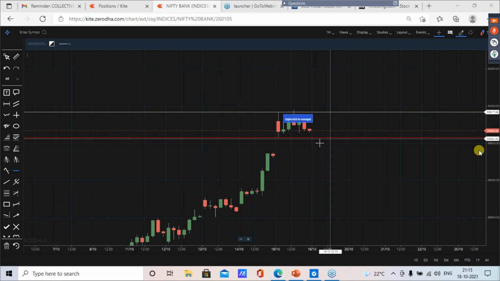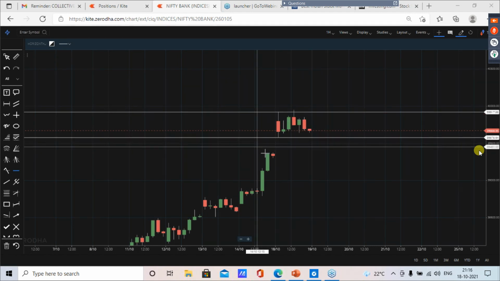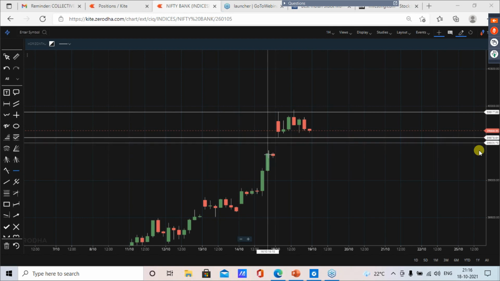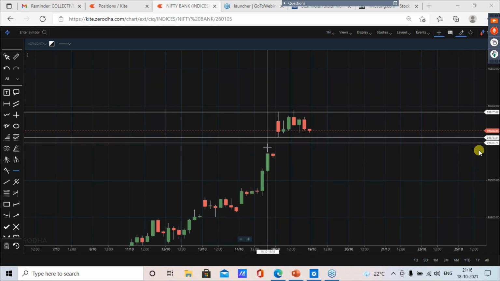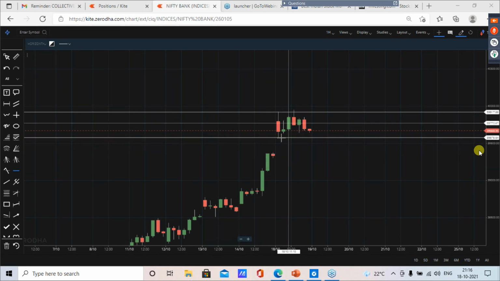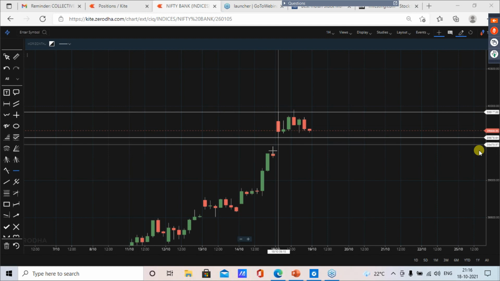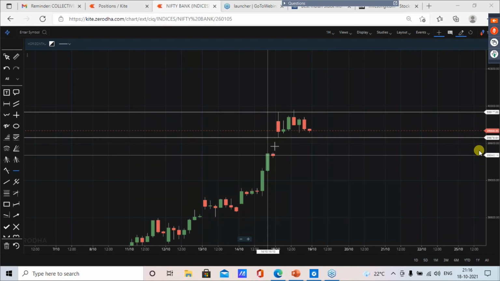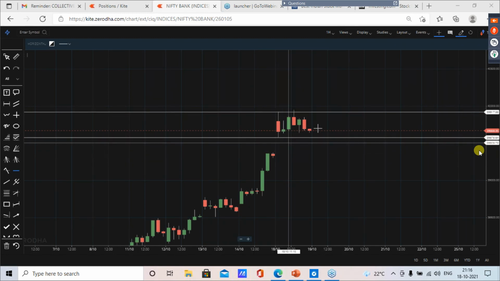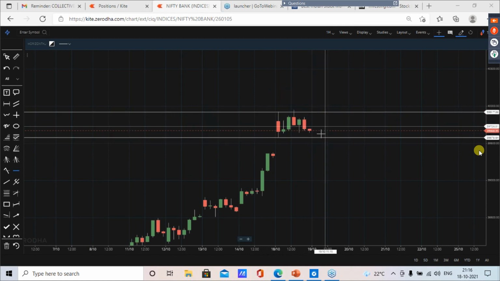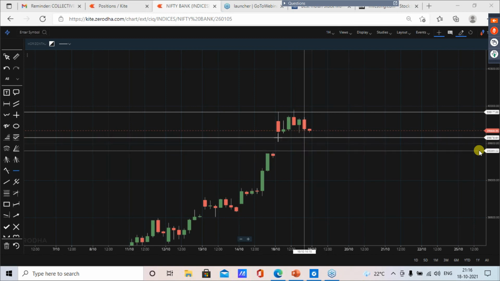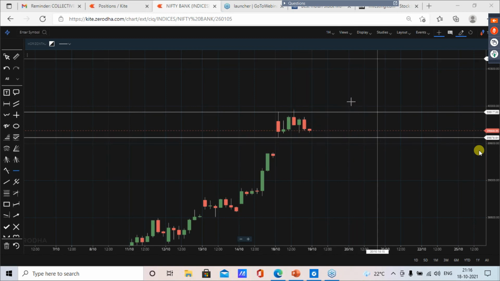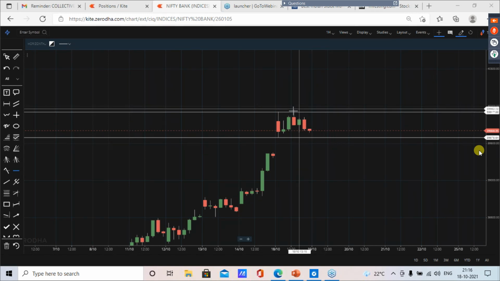If the low breaks, it will try to close this gap, because whenever there is a gap up, this will instill disturbance in the market. The general tendency of the market is to close the gap to establish equilibrium. If there is no equilibrium, then there will be a lot of distress in the market. So according to me, there are two possibilities. If this low breaks in the pre-open market, it might open gap down, close this gap, and then go up, because equilibrium will be established.